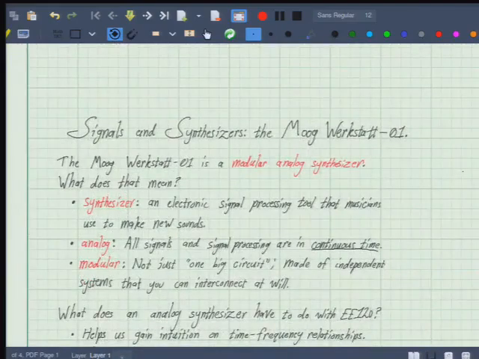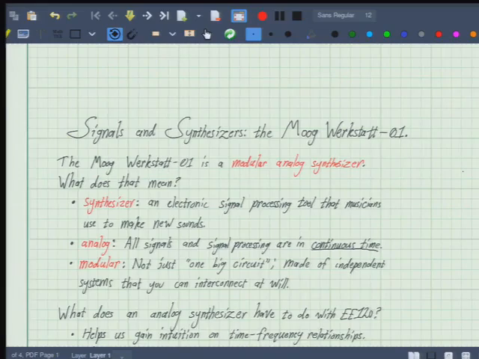So we'll start off with the first word, synthesizer. Before going into this class, does anybody have some familiarity with synthesizers, like what they are, what they do? So a little bit, but in case anybody's never heard of this kind of thing before, or it's been a while, I like to think of it as a circuit, basically, a piece of electronic equipment. It's an instrument, both in the sense that an oscilloscope is an instrument, and in the way that a piano is an instrument, right? Because it's precision electronics that's used to create sounds, hopefully pleasant ones for music.